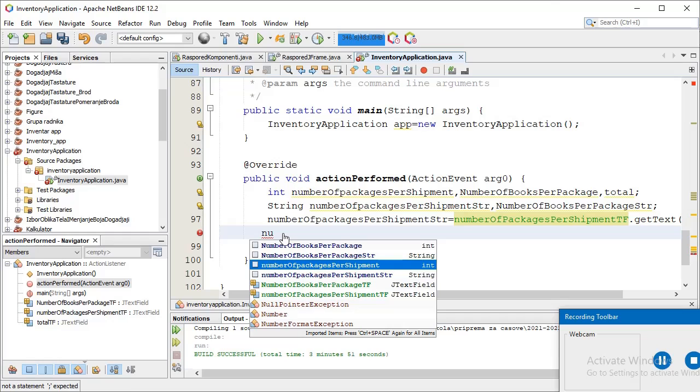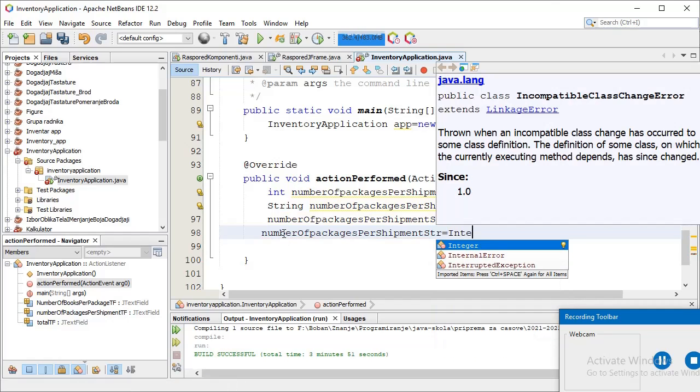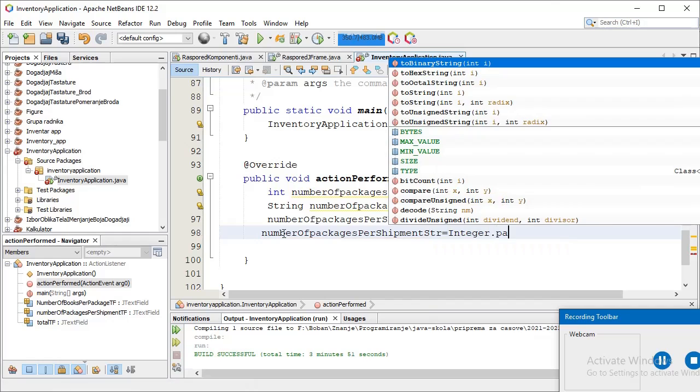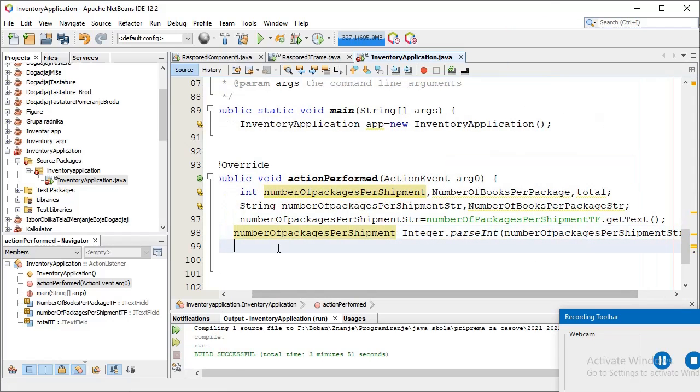And next, I will get int data. I need to call the parseInt method and pass the string data as a parameter. I will do the same thing for the other text field.